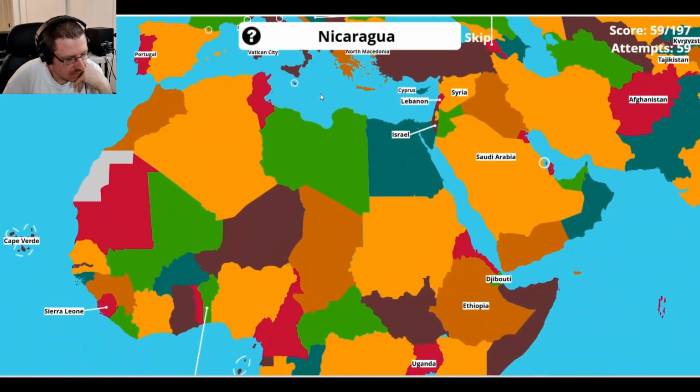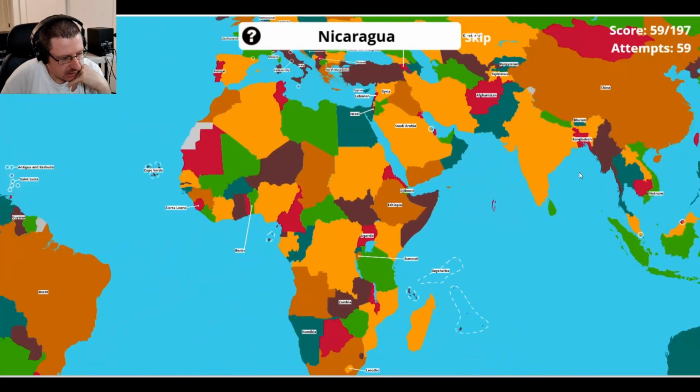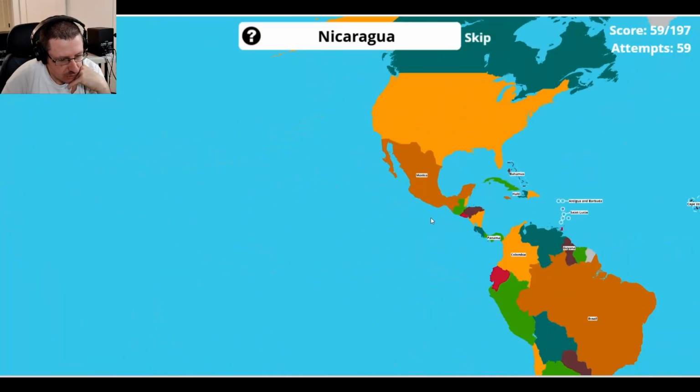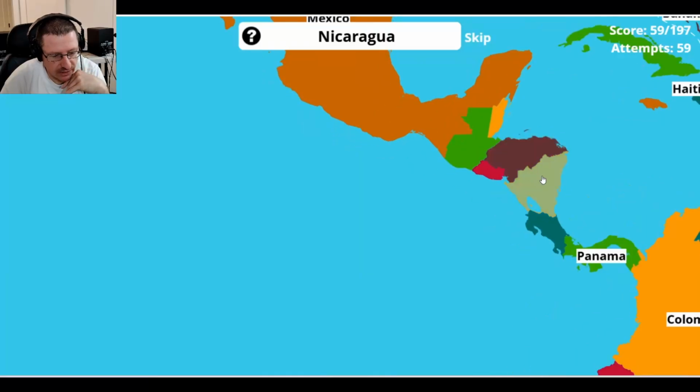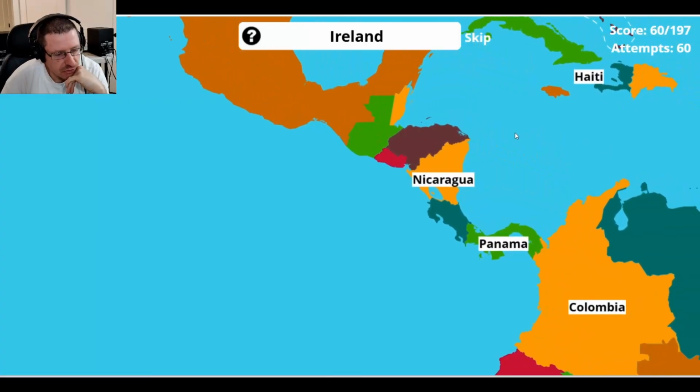Nicaragua. It's easy to get Nigeria and stuff mixed up with Nicaragua. Nicaragua is in Central America. Nicaragua is very interesting. I found this fact: they don't have traditional addresses. They use a landmark-based system, saying, oh, it's a red house two blocks up from the store, which I could only imagine is absolutely confusing. It's difficult to imagine that.